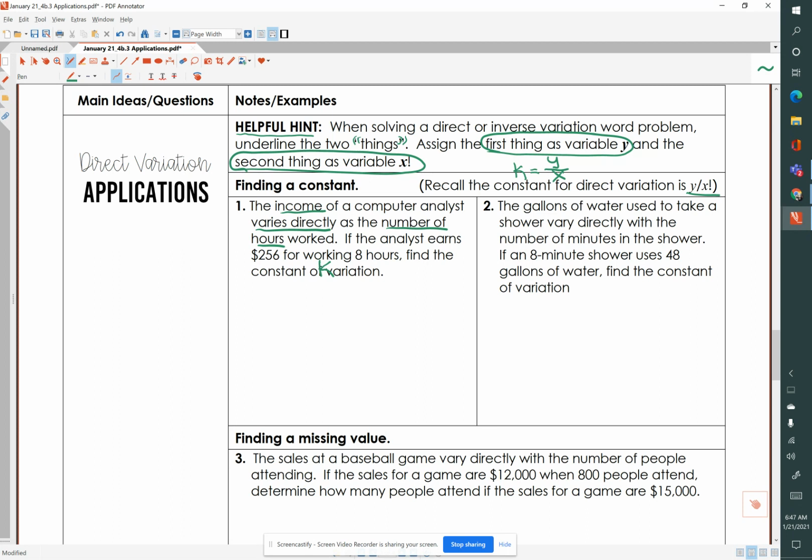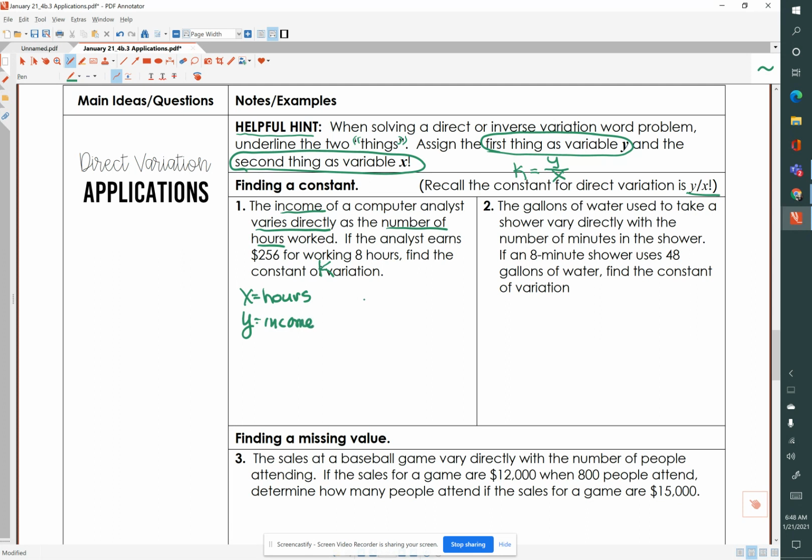So look at my helpful hint. Assign the first thing as variable y and the second thing as variable x. Well, the first thing is income and the second thing is number of hours. So x will be my hours, y will be my income,